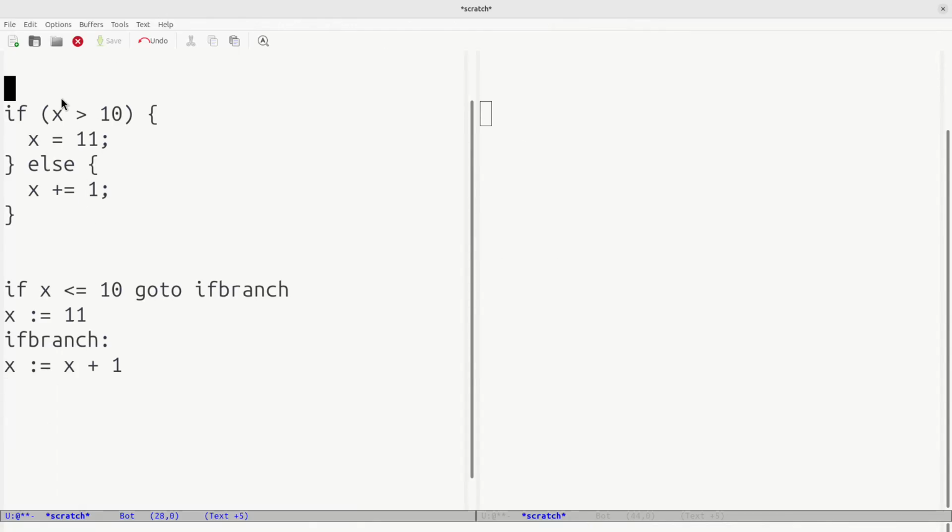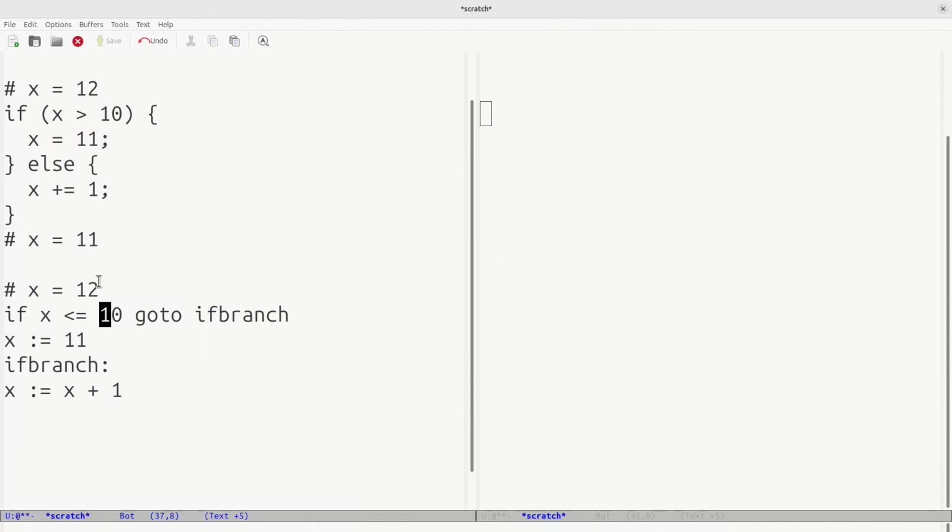So just to show you why this is the case, if x were 12, then this should execute, and x should be 11 at this point. But in this program, if x is 12, then it's not less than this, so we branch here. Sorry, if x is 9,